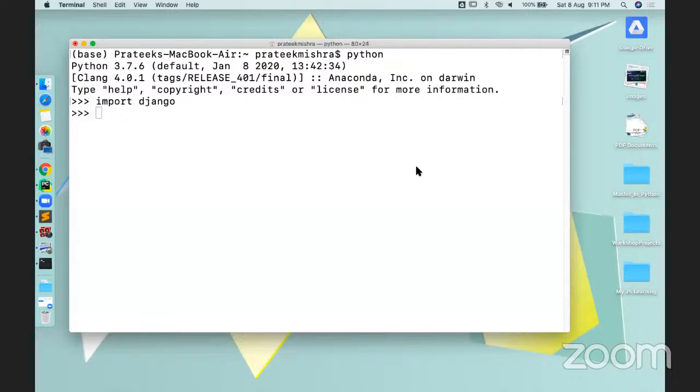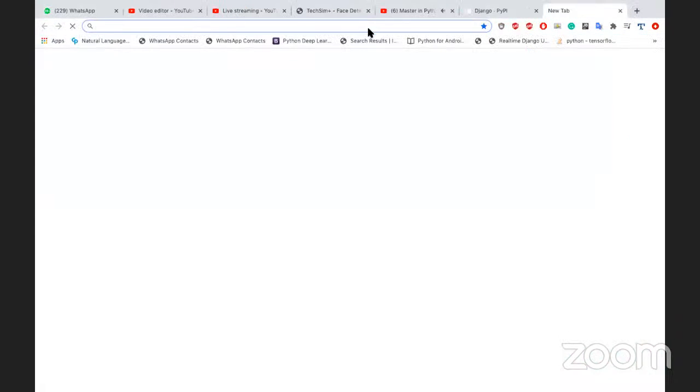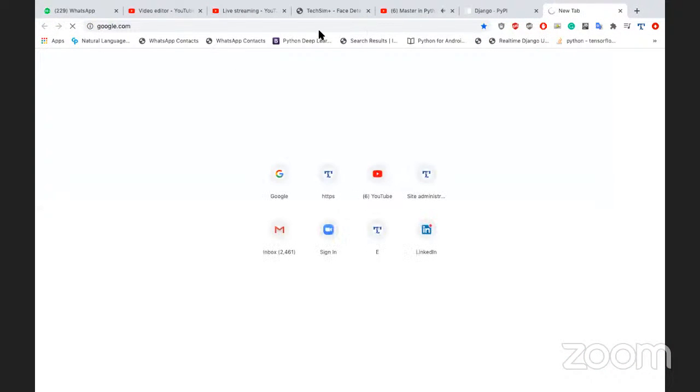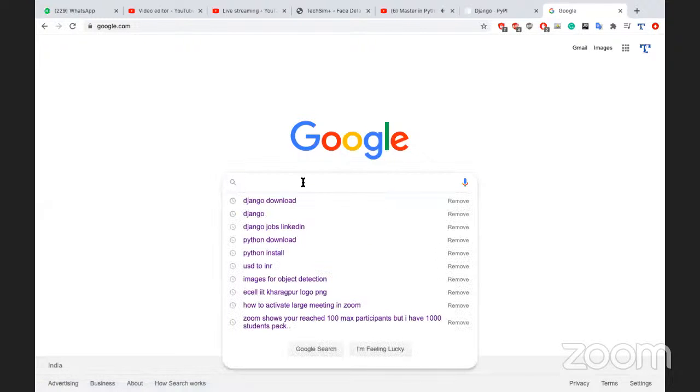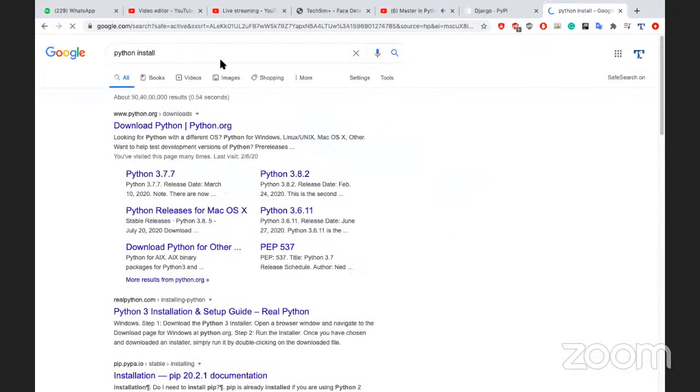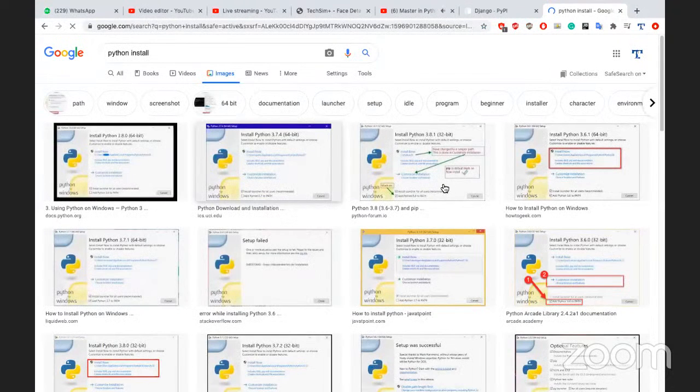Same thing, if anyone is getting this error, pip is not recognized as an internal command, so what you have to do, guys, just go to the system, uninstall your Python, and install your Python again. I suggest you do this right now. Uninstall your Python, install again, and